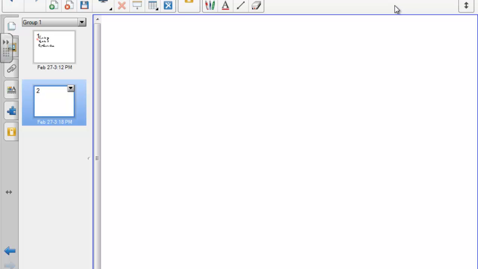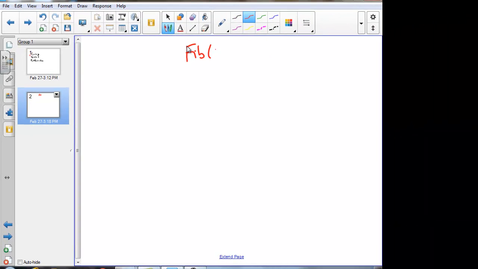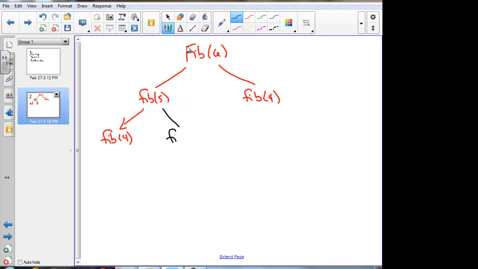So if we were to trace the diagram on Figure 2, page 605, fib of 6, what the computer does is you would say that's the fib of 5, whatever that value is, plus the fib of 4, whatever that value happens to be. But the computer can't remember that. So to do fib of 5, it also does fib of 4 over here, and then it does fib of 3 here. Then it has to do a separate Fibonacci of 3 here,